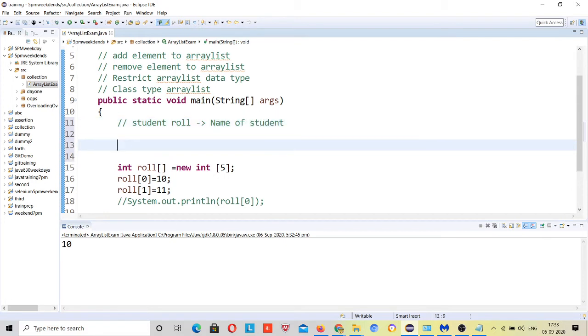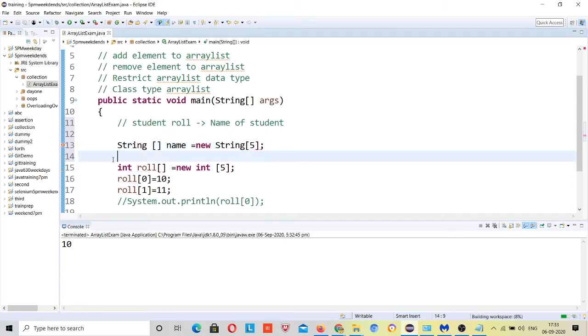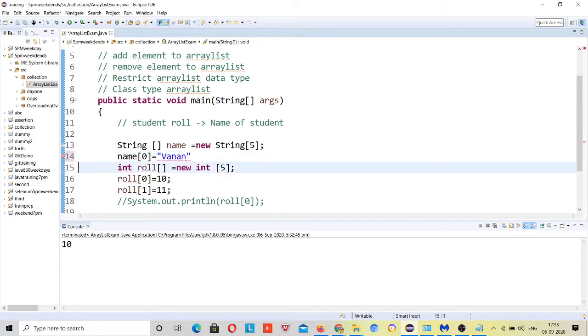So I have to define another array, String name is equal to new String, suppose 5, because we have 5 students, 5 roll numbers, and here I have to give name 0 is equal to whatever I want to give, suppose 1, right, and this way we will do.